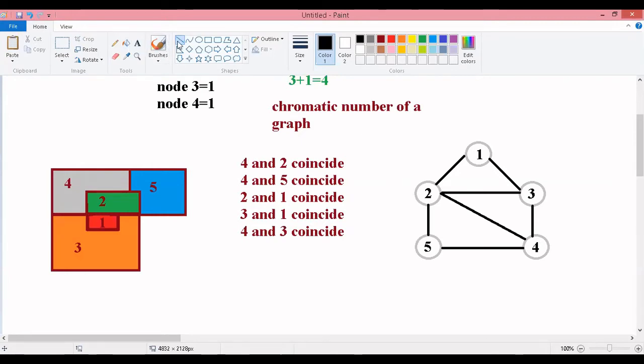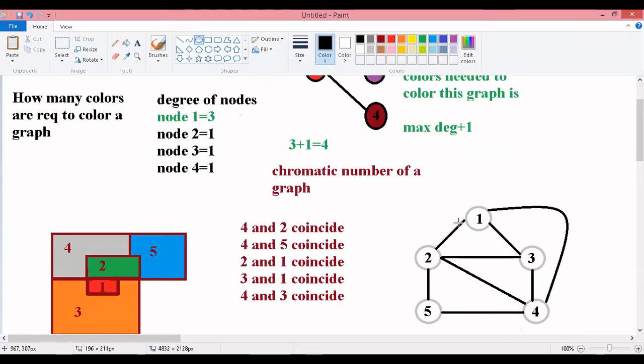As well as one more thing is 1 and 4. See, 1 is touching the surface of it. 2 and 1 are both touching the surface of 4. So 1 and 4 also. So this is the graph I got. Now if a surface is given like this, you should try to draw a graph like this.